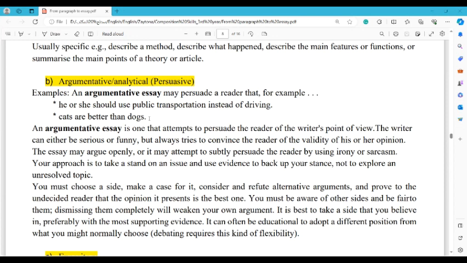Maybe I will, for example, use some facts. Maybe I will use some statistics. You know this word, statistics. It means that I use a percentage to describe something. For example, I'm telling you about smoking and how smoking is spreading among youth. So I will use statistics. I will say, for example,